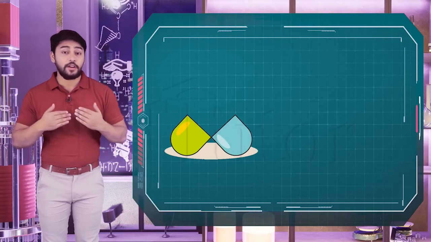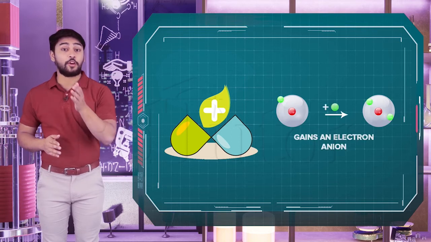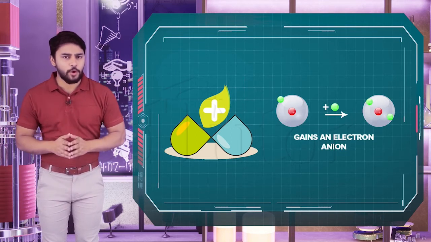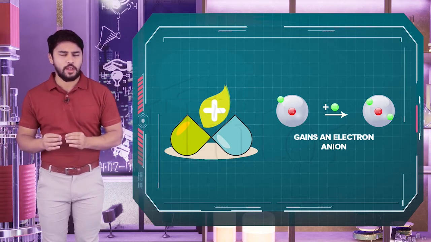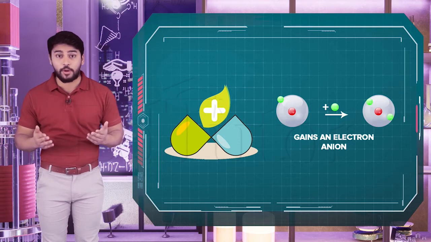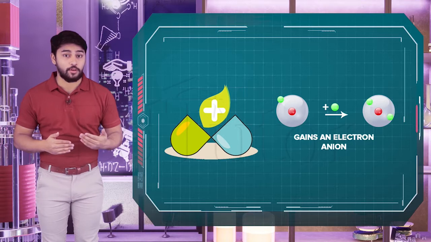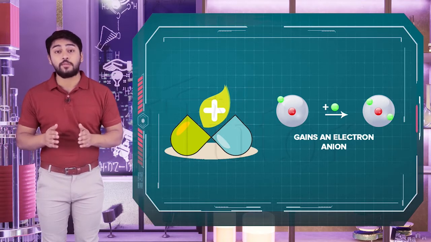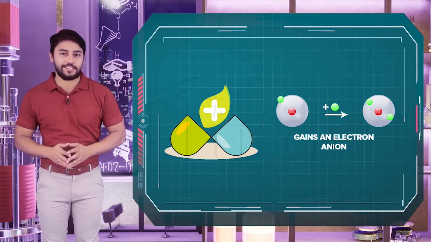Now that you have understood how positive ions are formed, let's move on to the formation of negative ions. In simple words, negative ions are the opposite of positive ions. Now, how does that work? Well, they are formed by the gain of electrons. When a neutral atom gains an electron, it forms a negative ion, and it is known as an anion, represented